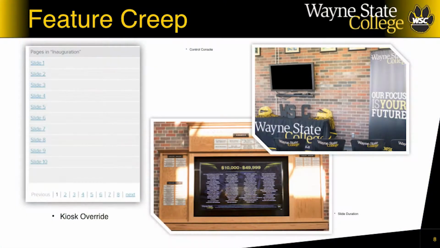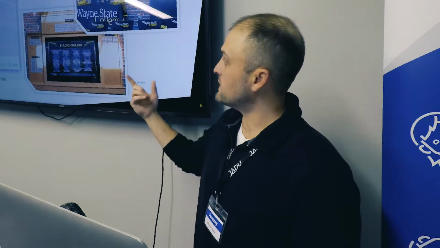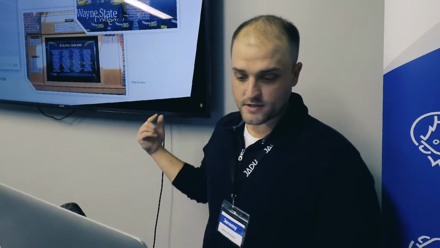If you've ever worked on a software project, which everybody here probably has, you understand the concept of feature creep. So we put this out in the wild, and we had users using it, and suddenly they started coming back with, hey, wouldn't it be great if the system did this? And wouldn't it be awesome if the system did that? And can it do this? And that led us to building some pretty substantial increases in customizations, the first of which was our Kiosk Overriding